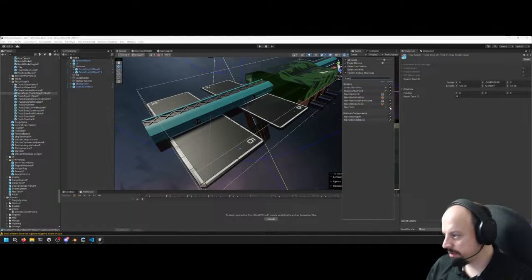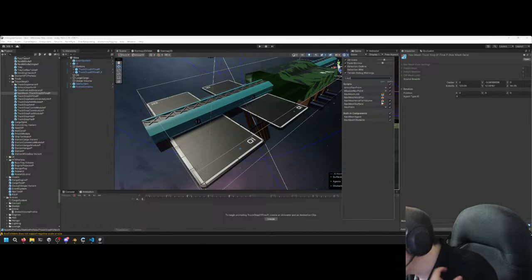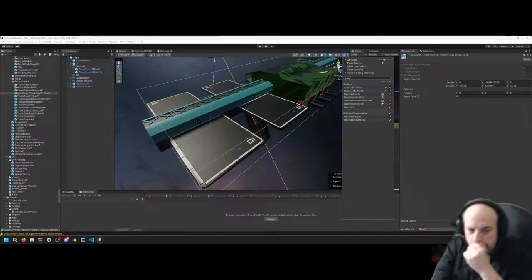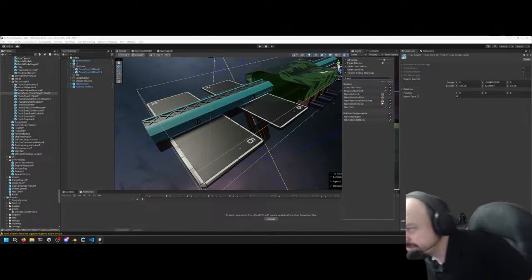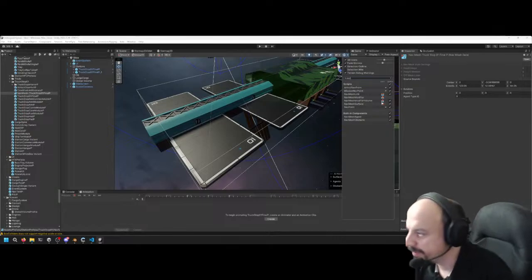The nav mesh surface is there. The NPCs are obviously fine, following the nav mesh. I don't know why I'm not seeing it anymore.